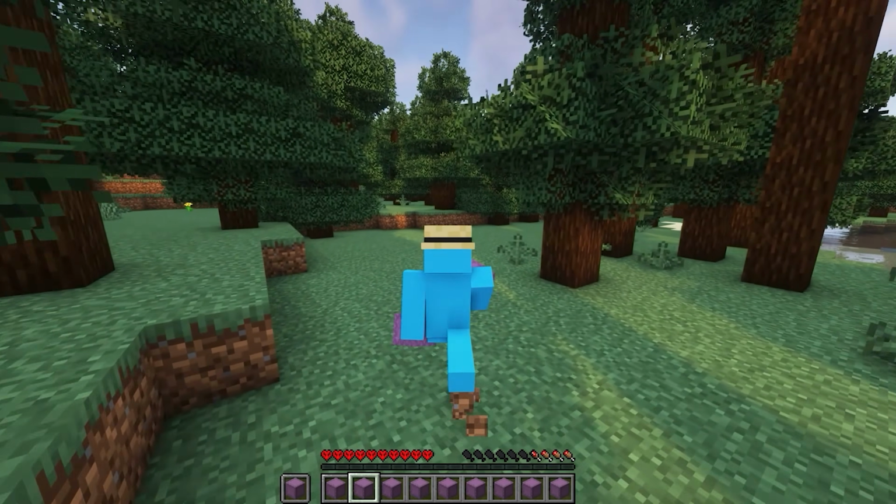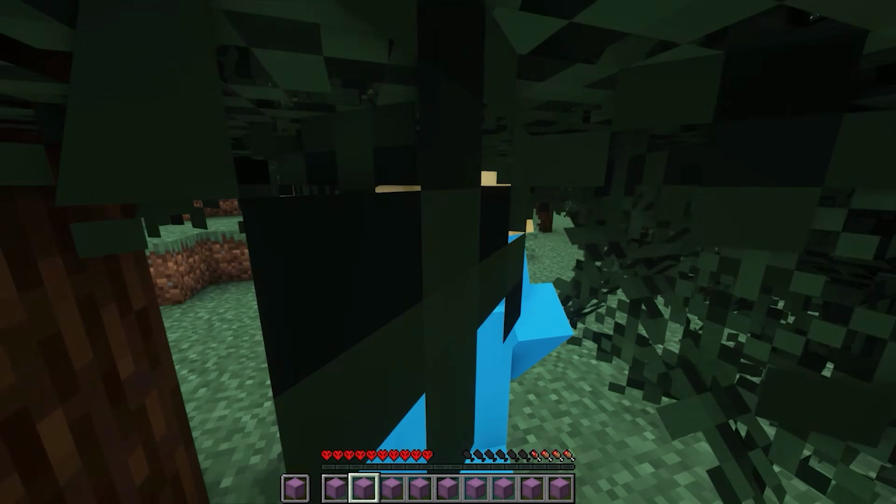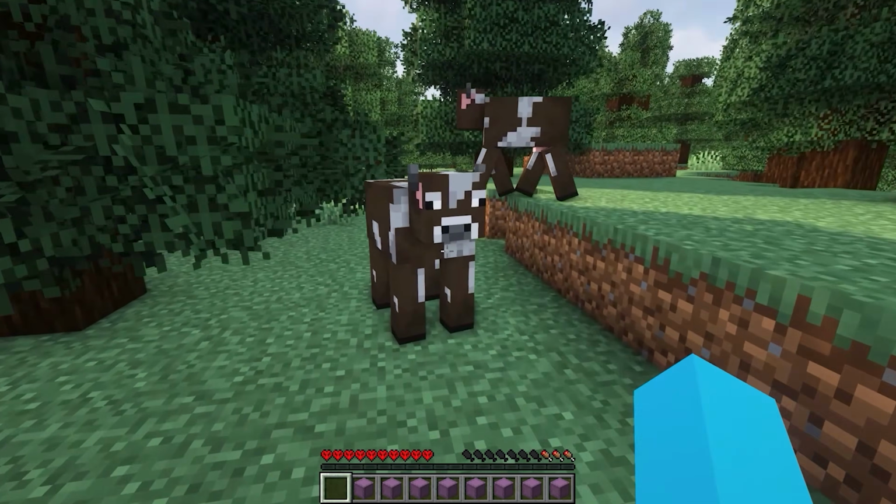Now there are just a few other materials like orange concrete, shroomlight, red sandstone, and orange terracotta. I'm quite hungry, so let me first of all